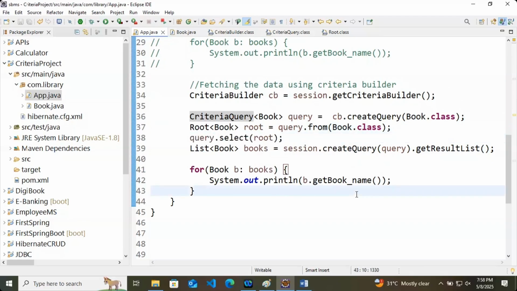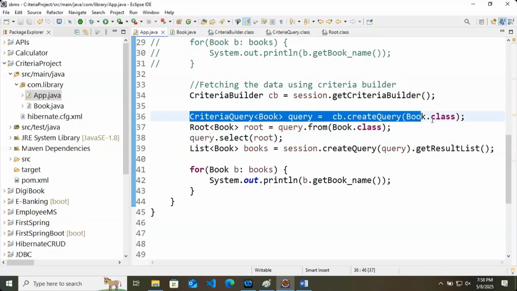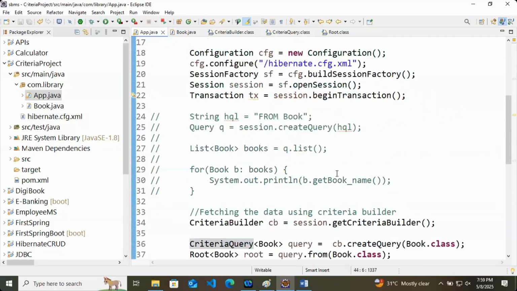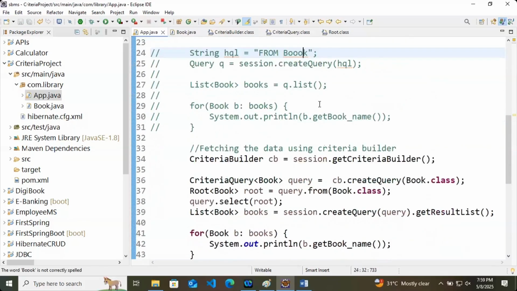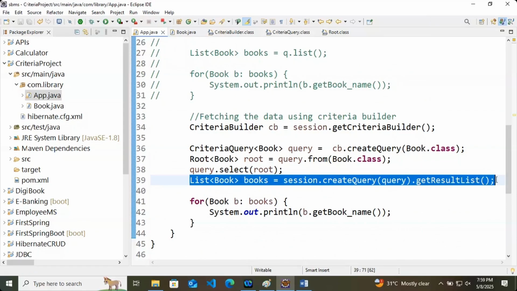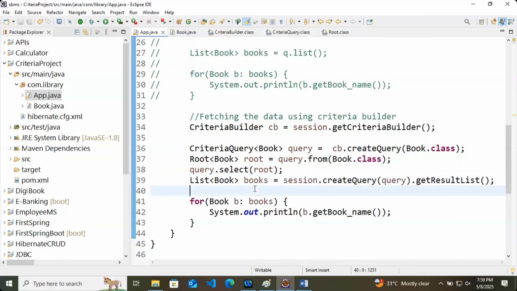We are calling it type safe because there is no particular chance of spelling mistake. Last time you could write from book like this also, and now you will get an error. But in this case, list book line, this one,